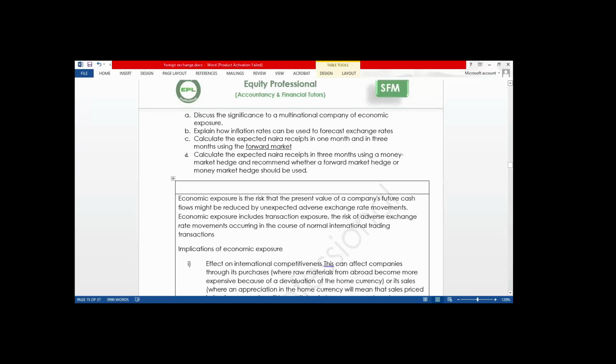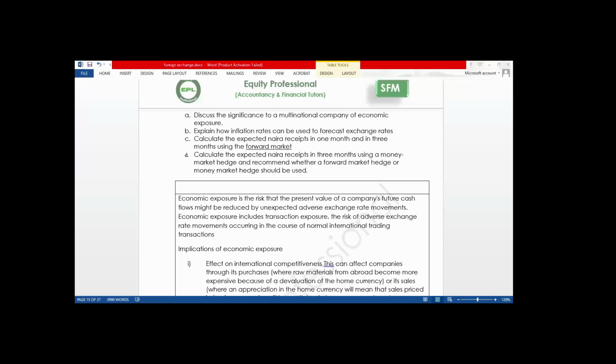What is being tested here is the purchasing power parity theory. If you are trying to explain this, we are going to talk about the purchasing power parity. You can use inflation rates to predict your exchange rates. The theory states that a country with higher inflation rates